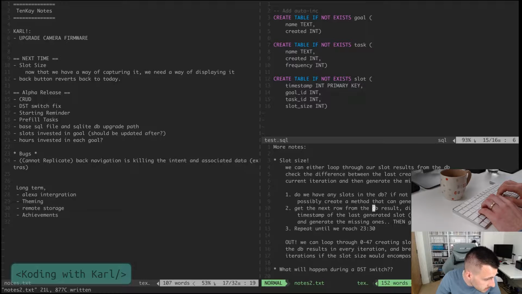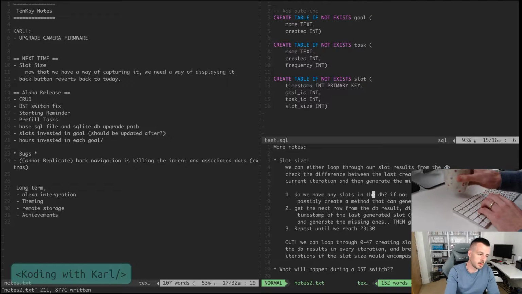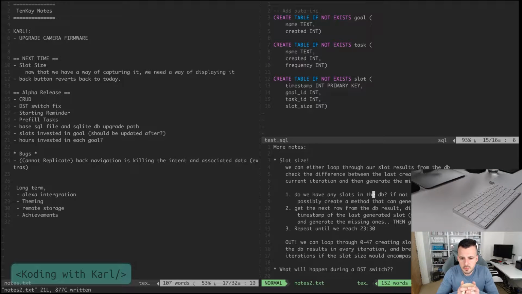So, question from Hertz3H. What is this app about? It is supposed to be something that will help me to prioritize my long-term goals. So what I'd like it to do is, I have a number of goals. One of those goals might be learn Java, and I'm committing to investing time towards that goal. So the app will provide me with the means to do that by allowing me to allocate slots of my